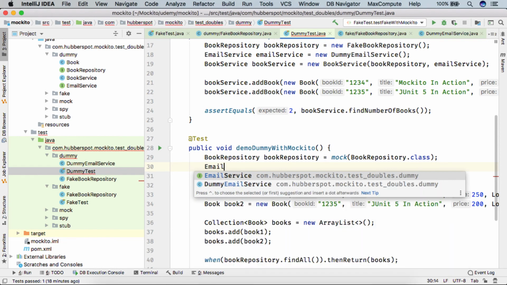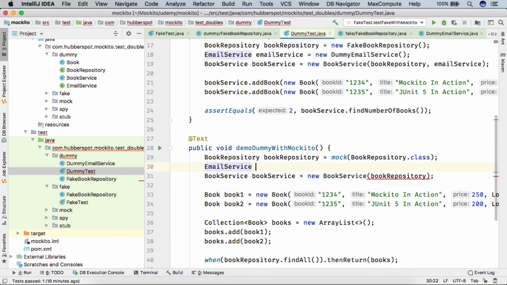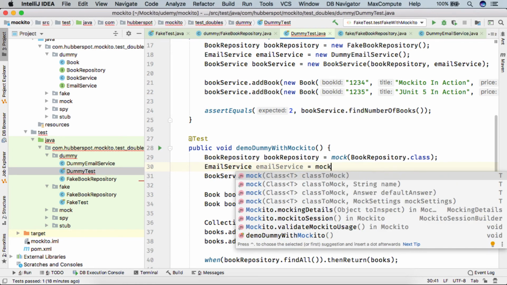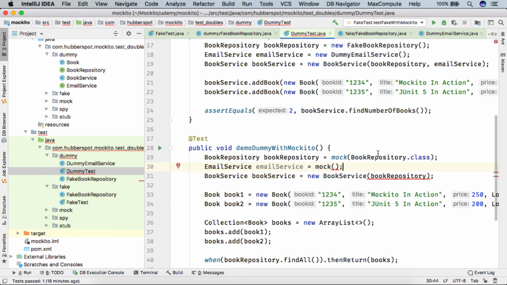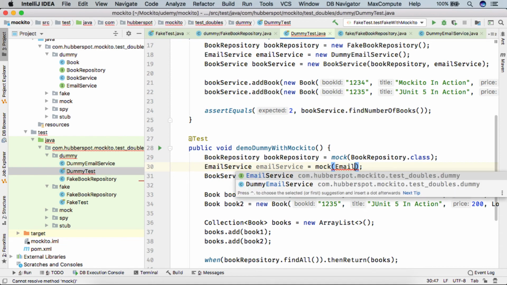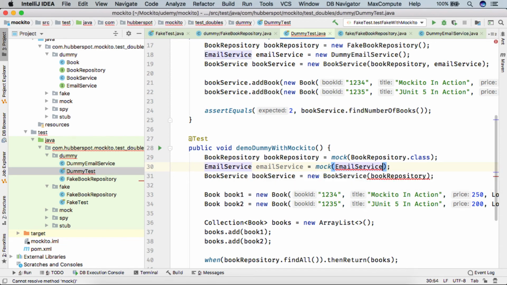So we'll simply do email service, and creating a dummy test double using Mockito is very simple. We can simply use the mock method, which we already did here. We need to simply provide the class name, so EmailService.class. So that's it. We have created a dummy test double using Mockito, and now we'll simply pass it here.